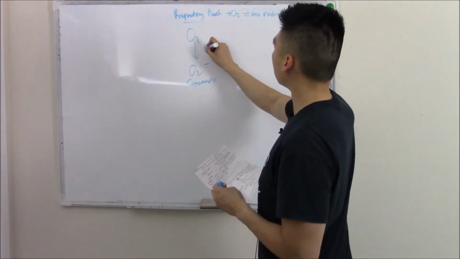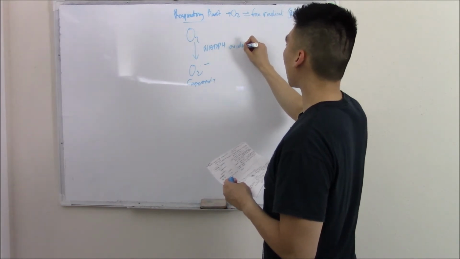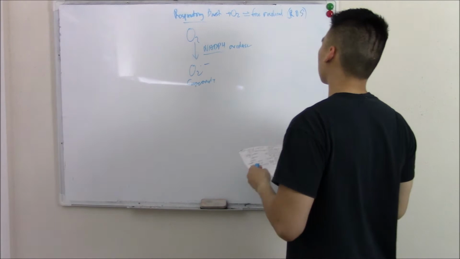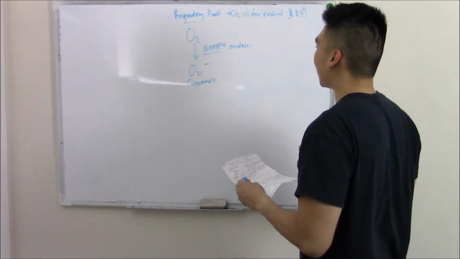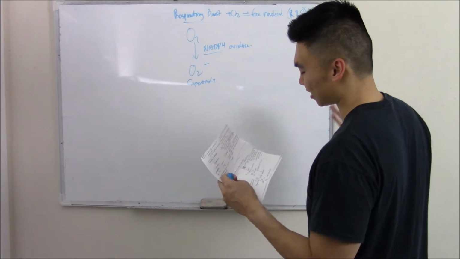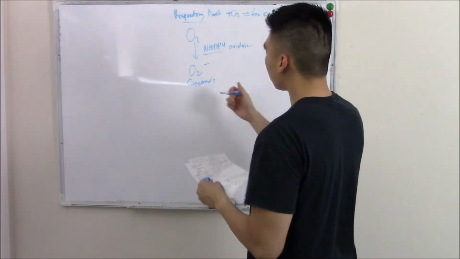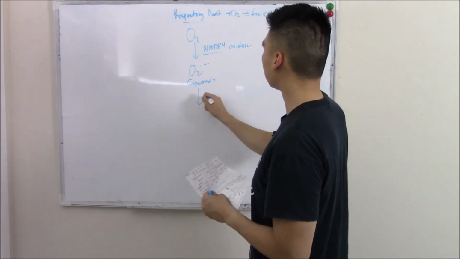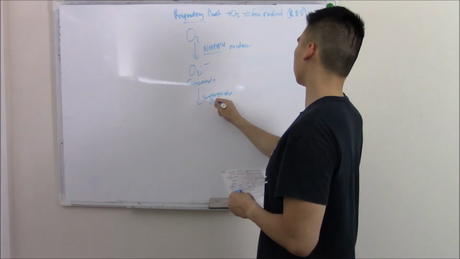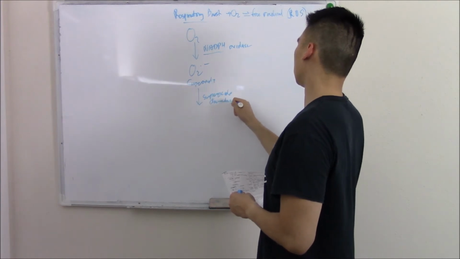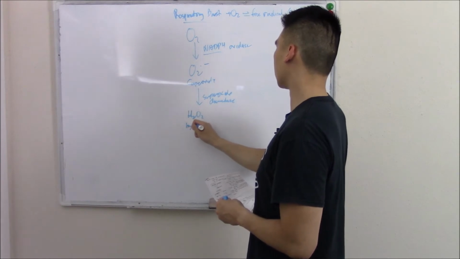via the enzyme NADPH oxidase. I just drop a few letters, it's just called the Neal-Patrick-Harris oxidase. That always helps me remember it. So the NADPH oxidase, or the Neal-Patrick-Harris oxidase, will turn oxygen into superoxide. And superoxide can get converted by superoxide dismutase to make H2O2, also known as hydrogen